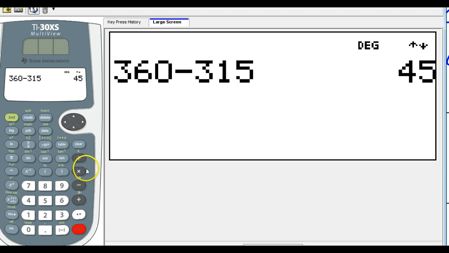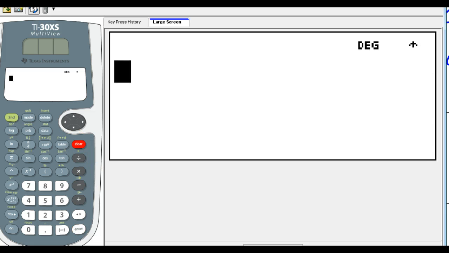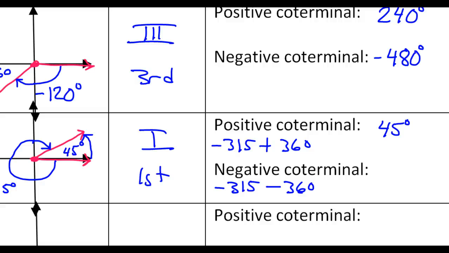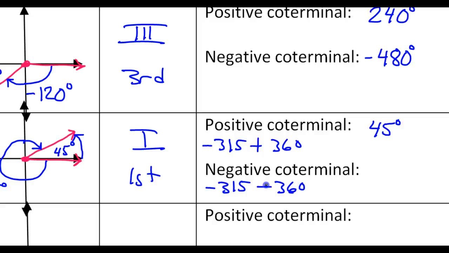By the way, guys, you are not going to have your TI-30XS MultiView on the next test or quiz. So how would you do this on a basic four-function calculator? Well, you shouldn't really need a calculator, but I need you to understand that when you're putting these together, you're just adding. It's going to be a bigger negative number. So it's just a matter of adding the 315 and the 360. So that should be 300 and 300, that's 600. 60 and 10 is 70. So this should be negative